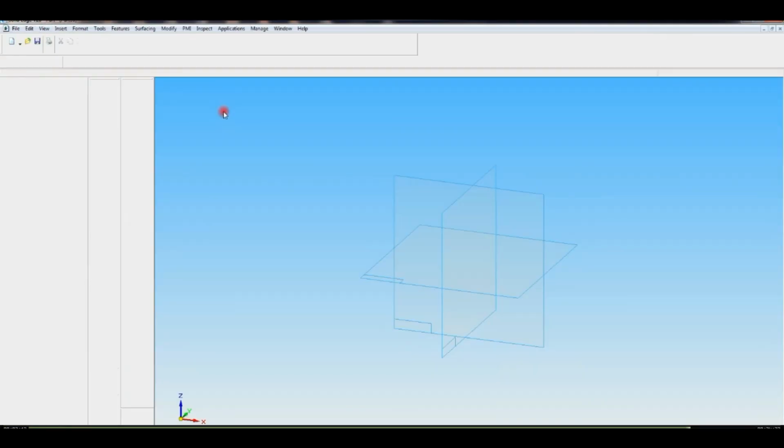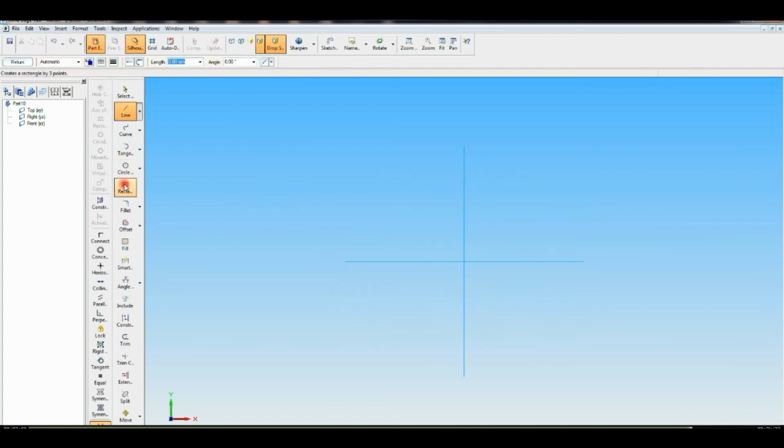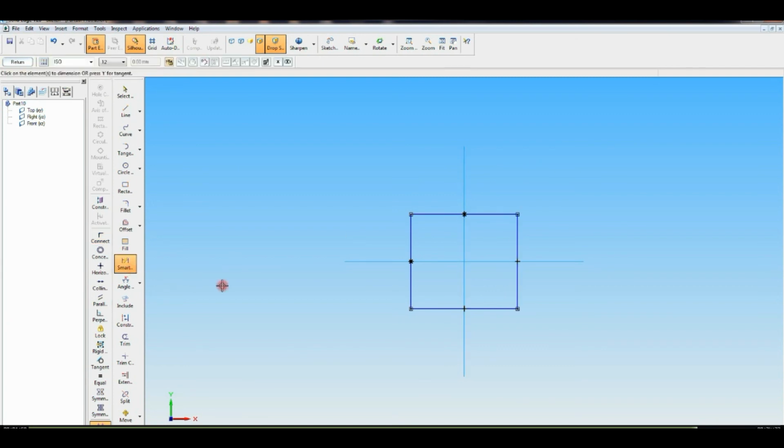Go to solid part, protrusion, select top plane, draw one simple rectangle like this, then with the help of connect command, connect the lines like this. Go to dimension, 50, this one 50, so 50 square is over.